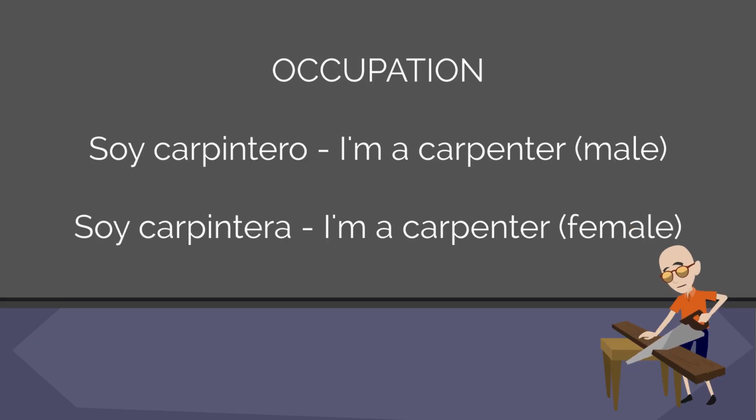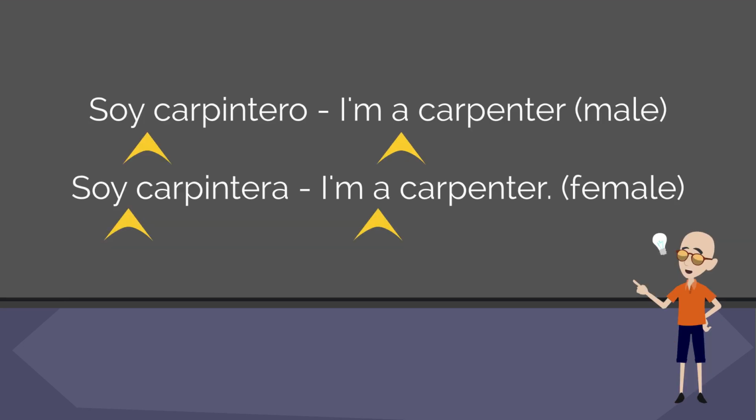You'll also use ser to talk about occupation. For example, soy carpintero. I'm a carpenter. If it was a woman, she would say, soy carpintera. Remember, these have to agree in number and gender. They're adjectives. You'll notice we didn't translate the word a. We didn't say soy un carpintero. We just say soy carpintero. That's what Spanish does. Just use the verb, nothing in between, and then just attach the occupation.